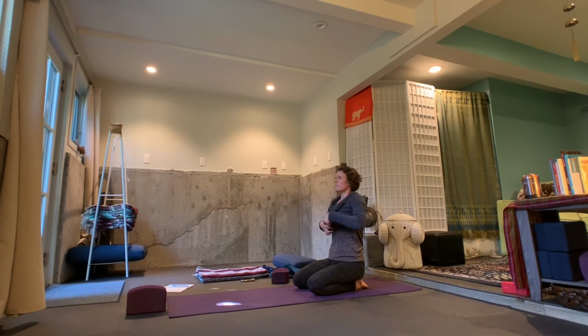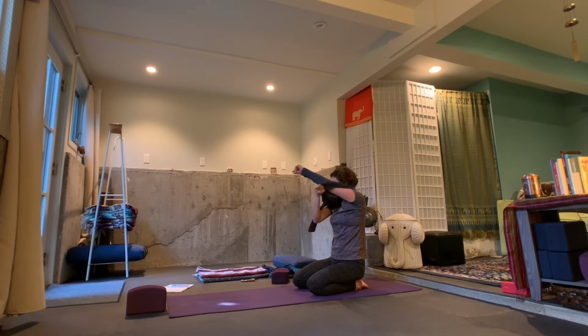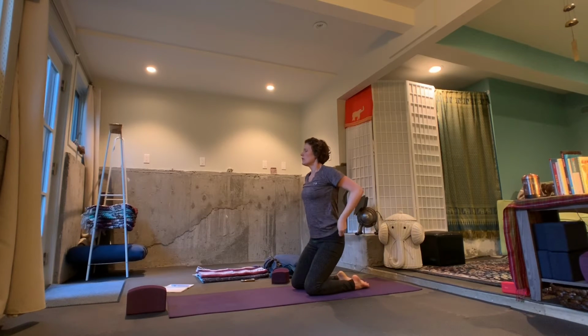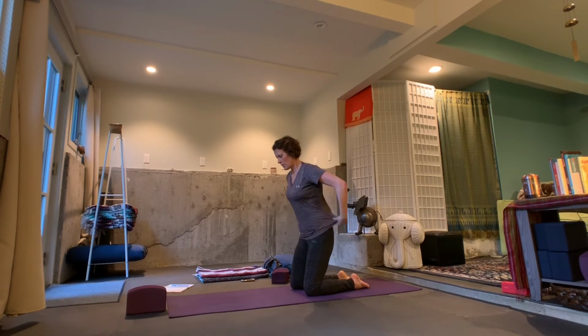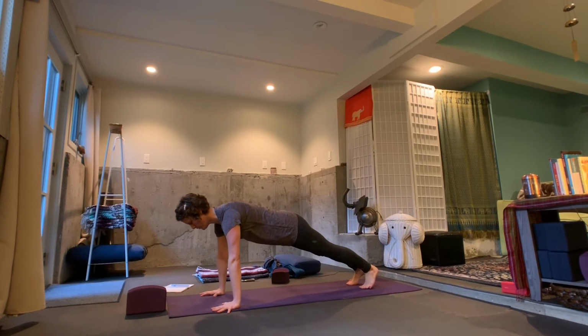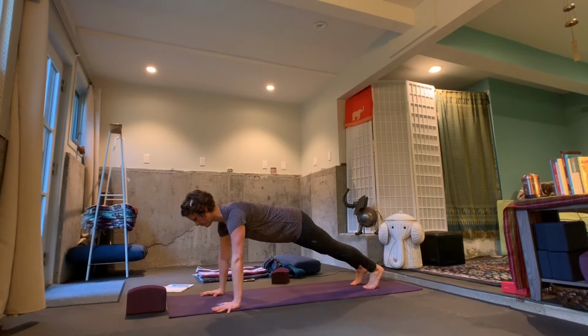Rest here with knees apart, toes together, hands out in front. It also might be a good time for you to take off a layer if you've started to warm up. Just taking a moment here to reset, and then whenever you're ready, joining us in a plank pose,